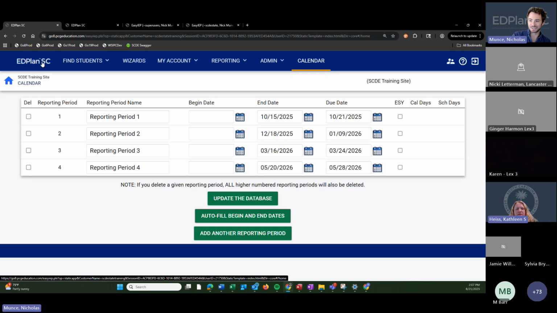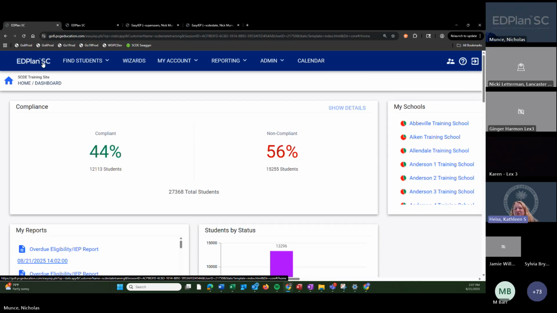And I see Katie is unmuted. I'm muted. Lori had a question. She said, so are you recommending entering a due date? And Nick dropped in the chat that it was recommended to not put in a begin date. You can leave that one blank. And then you'll want to select an end date because it prints on the document. And then the due date because that's the compliance piece where the users are going to get the alerts.